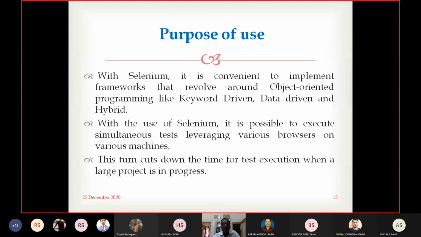Tests means test cases. Whenever I say tests, I mean test cases. It is possible to execute simultaneous test cases on various or different machines.